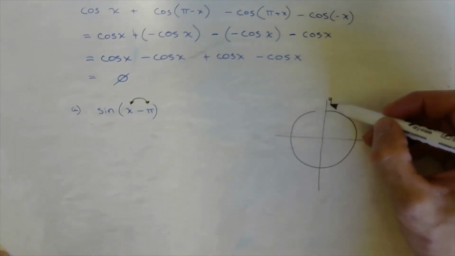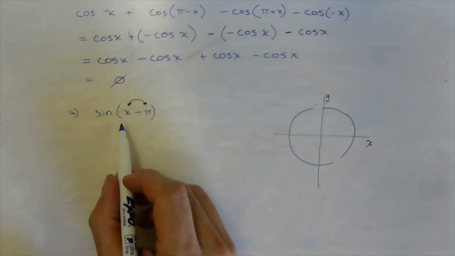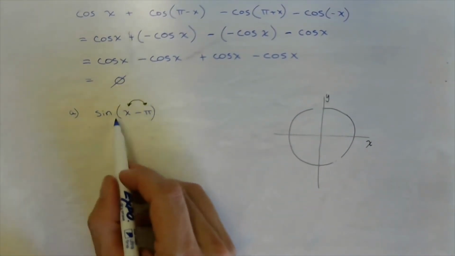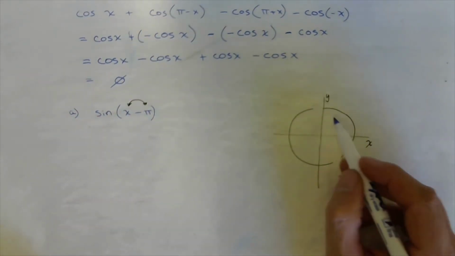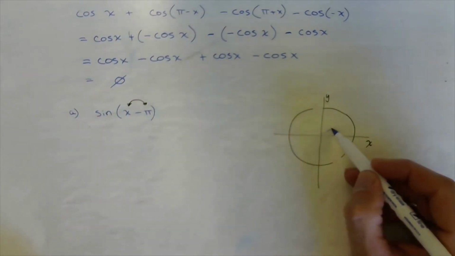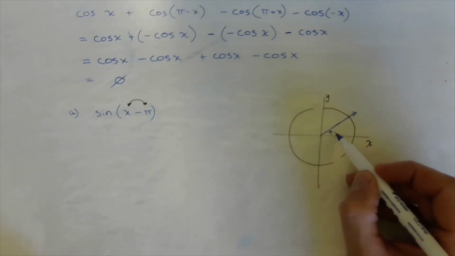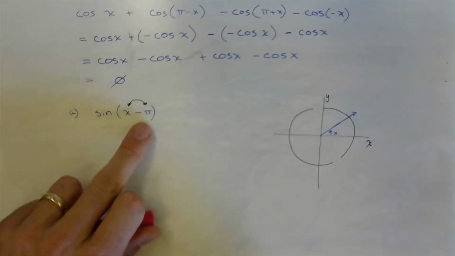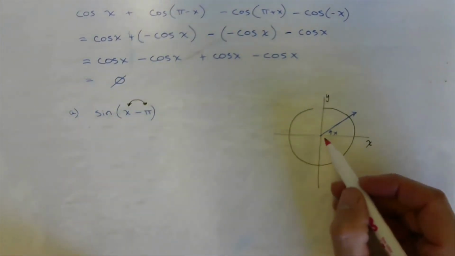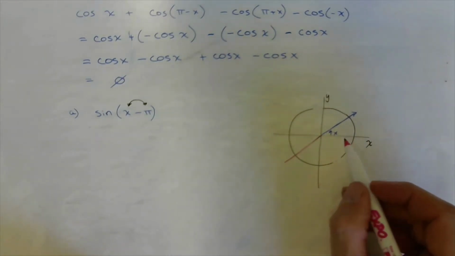Okay, so first we're just going to draw this angle, okay? So let's try. We're going to start by drawing the angle x, which can be any arbitrary angle inside quadrant 1, basically, okay? So we're going to call this angle x. And then what do we have to do? We have to go backwards pi. Well, pi is the same as 180. So basically what happens is if I continue this guy,